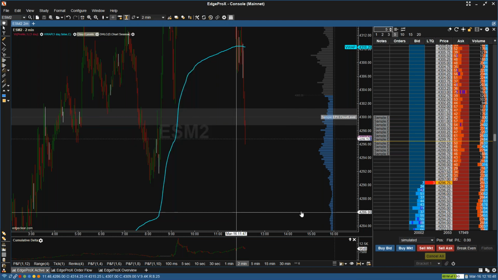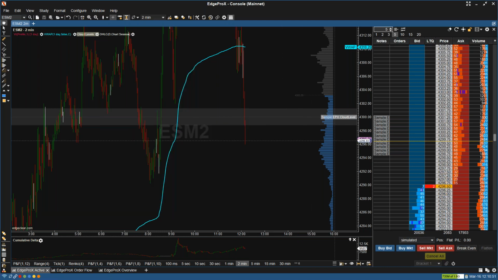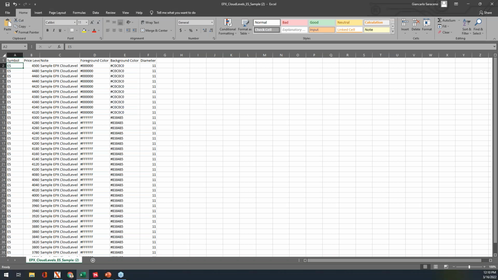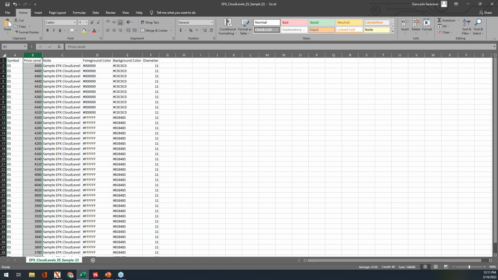So what this looks like is, if I pull this up, this is what the cloud levels spreadsheet looks like. You'll see that there's a symbol column, a price level column, the note column, so what you want it to say, the foreground, background colors are here, and then the diameter of the band. So how wide you want the band to be. So when you're creating your own levels, the symbol is going to need to be